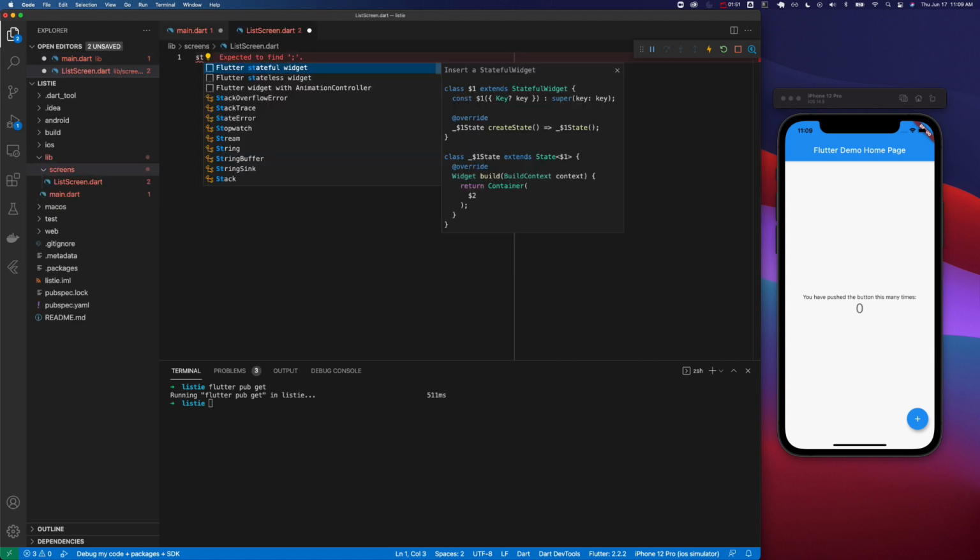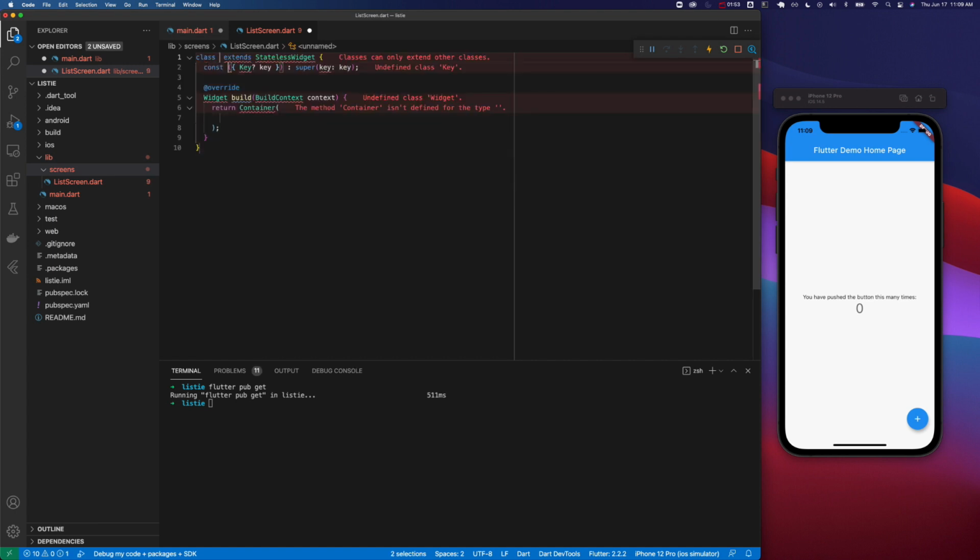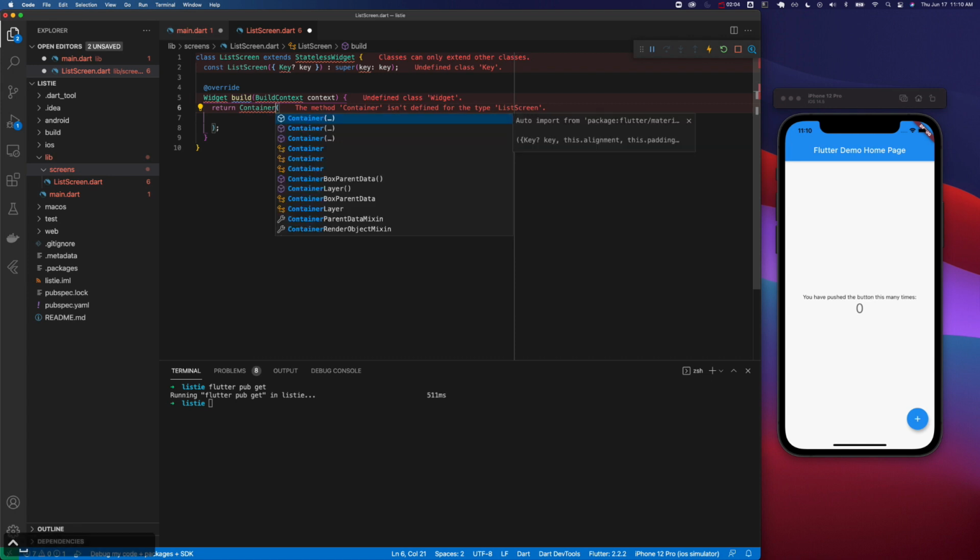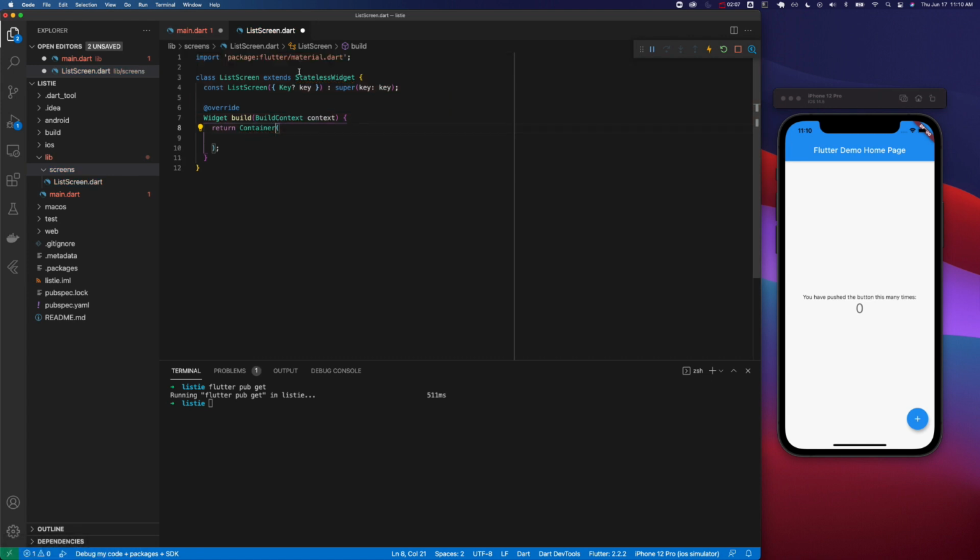We go in here and we can write STL to just get a stateless widget going, and we will call this list screen. And you'll notice a lot of errors, and that's because we have to import in material, and we can do that just by doing control space, and we'll auto find it, and you'll see it imported it,